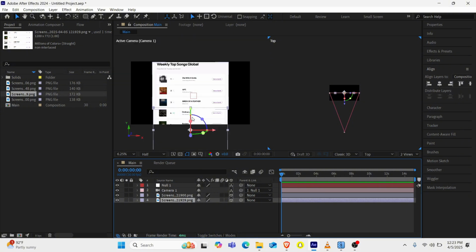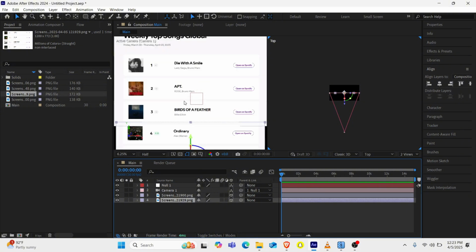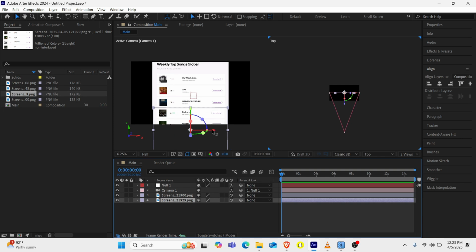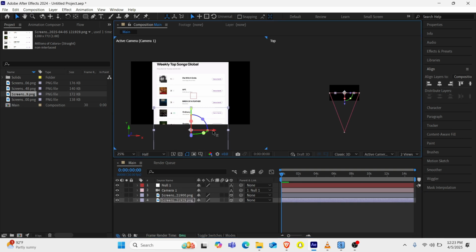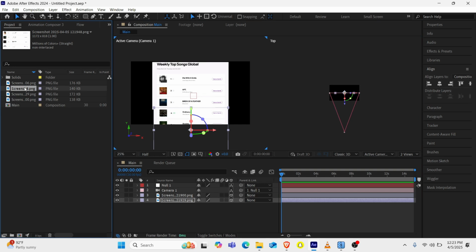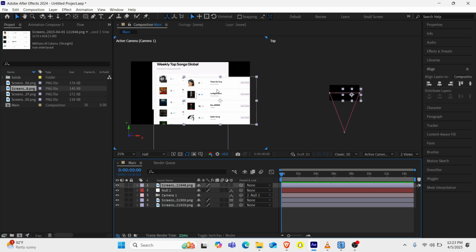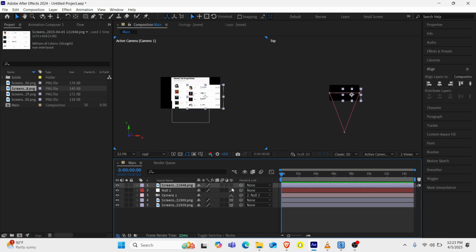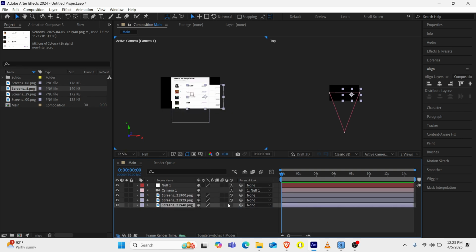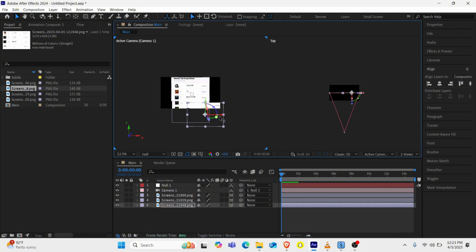For the sake of time, I'm not going to use all the screenshots. I'm going to use only 3 of the screenshots. So I'm going to drag the third one to this composition. Then I'm going to do the same thing. I've dragged it down, then make it 3D. Then from there, you can just align it just beneath the last